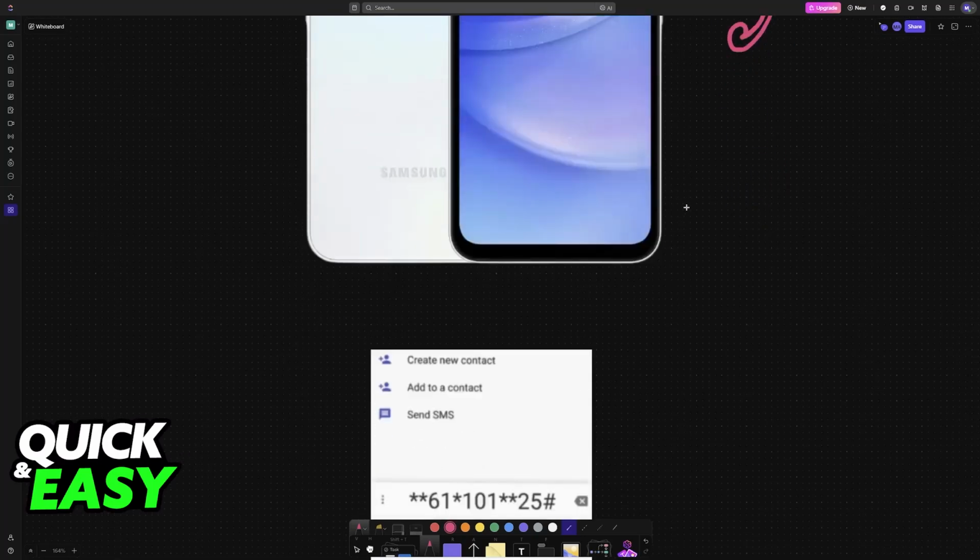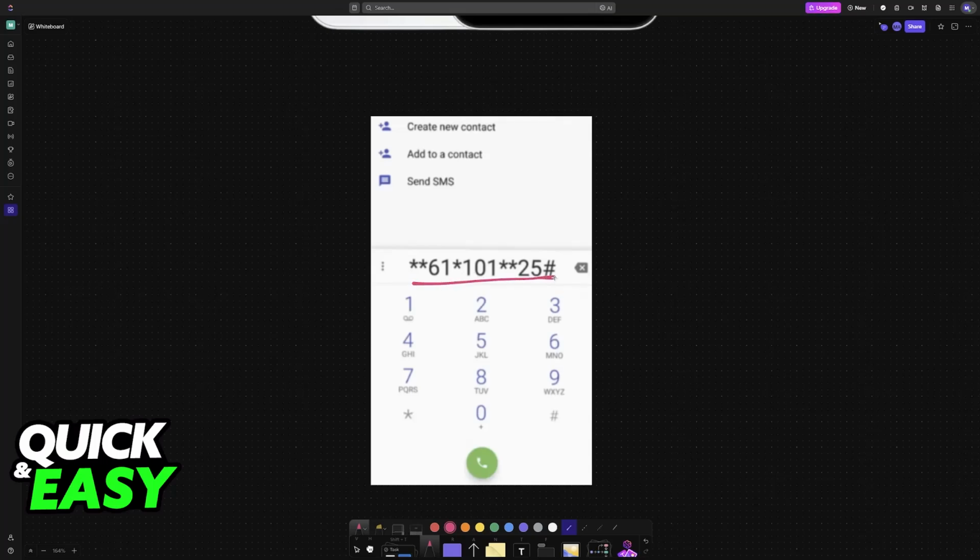So I'm going to show you some examples of common numbers that you can dial to get this done, and if it doesn't work, then you have to contact your carrier and ask how to do this for their specific service. So as you can see for Telstra, the number that you have to call is